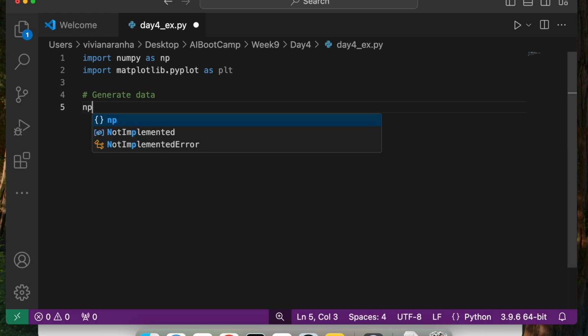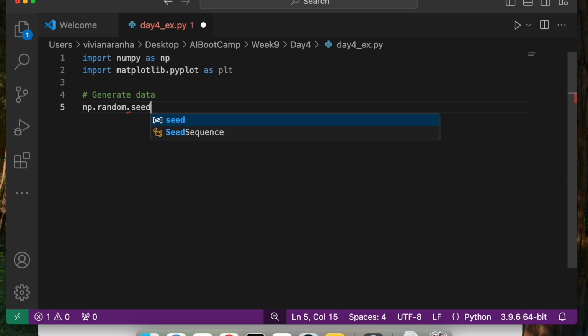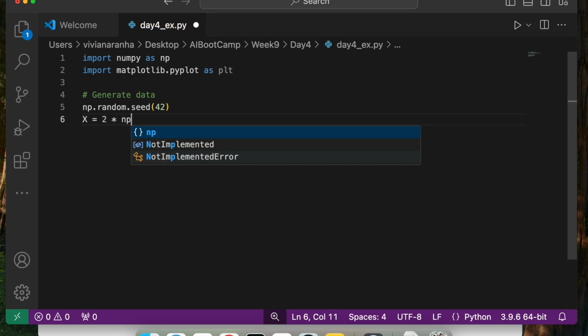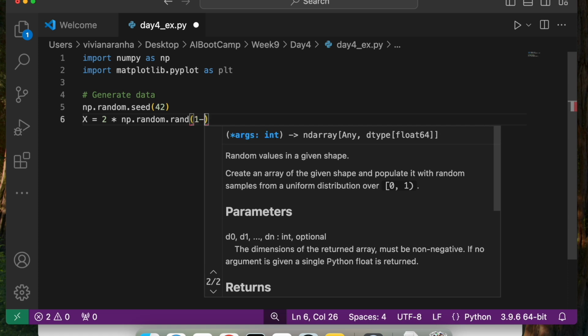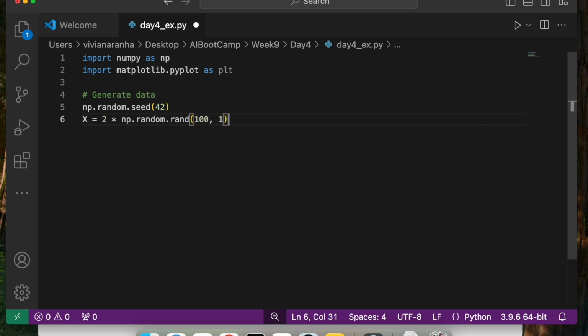For this, I am going to set the random seed, so every time I run this randomizer, it gives me the same data set, the same random data. x equals 2 times np.random.rand(100, 1).